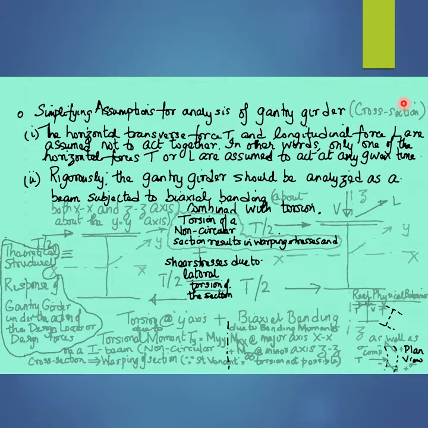And these simplifying assumptions that are typically employed for the structural analysis of steel gantry girders or steel crane girders are: one, that the horizontal transverse force denoted as capital T acting in the transverse x direction due to the acceleration and braking of the loaded trolley or the loaded crab of the overhead electric crane, as well as the swinging of the payload of the overhead electric crane,